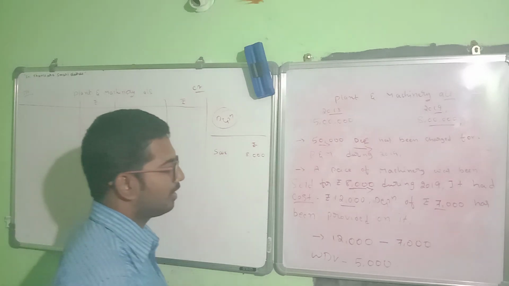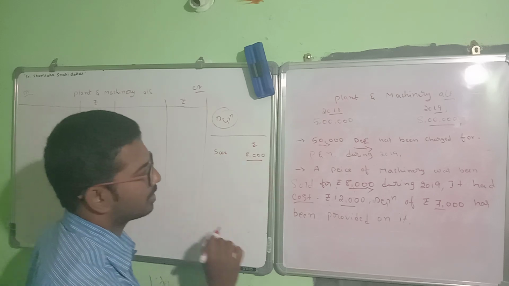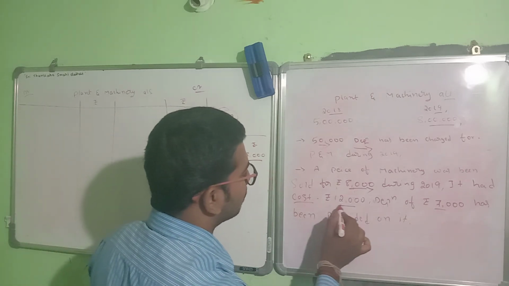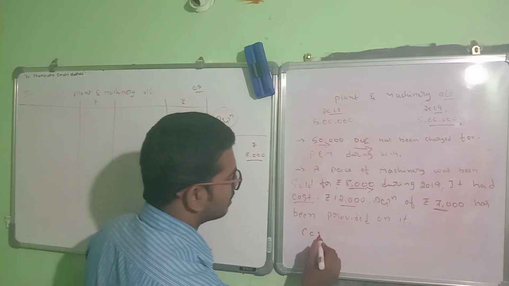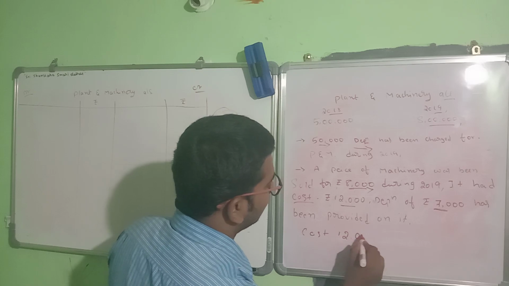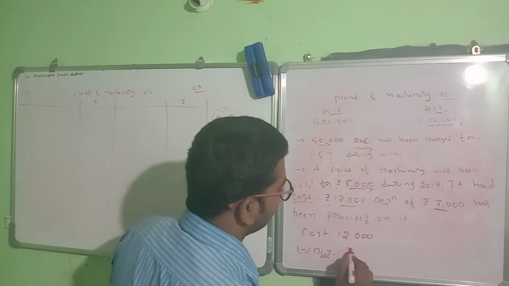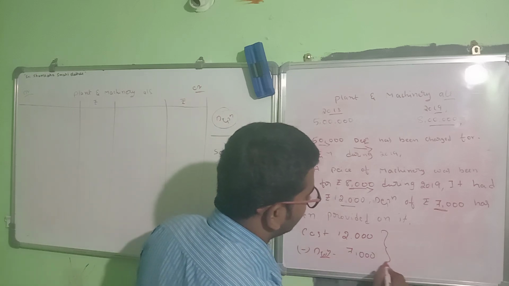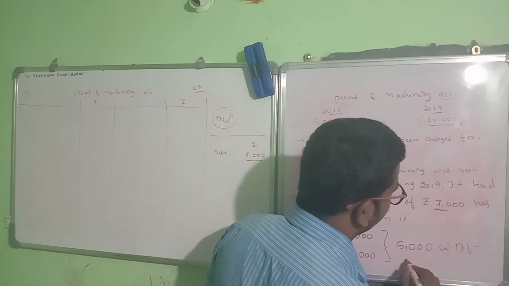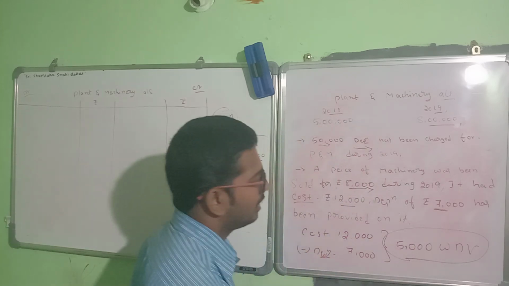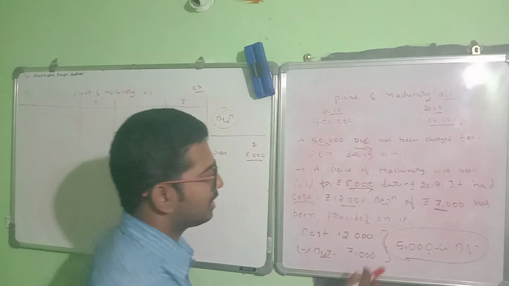From the given information, we need to identify the written down value. So first step, take the sale given in the question, that is 8,000. The cost is rupees 12,000 and depreciation provided on that is 7,000. So from the cost 12,000, deduct depreciation 7,000, and we get 5,000 as the WDV, that is, written down value. From the cost of the particular part of the machinery, deduct the depreciation charged thereon, and you get the written down value, that is 5,000.